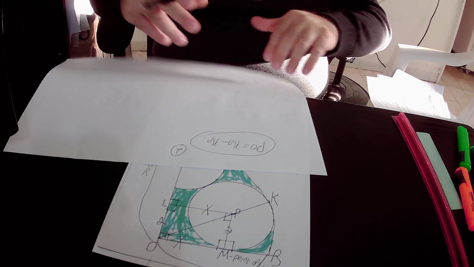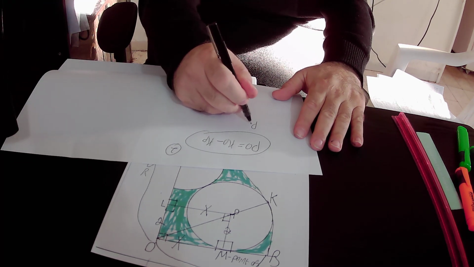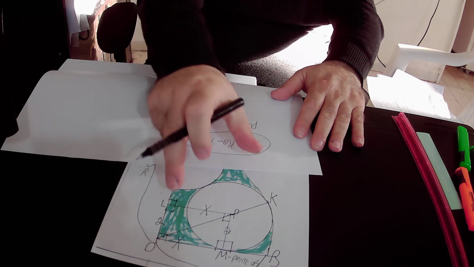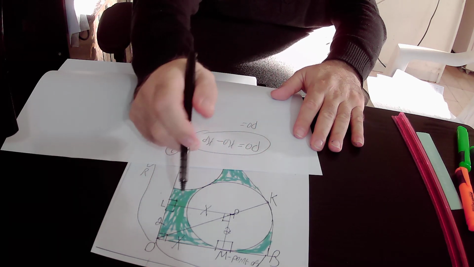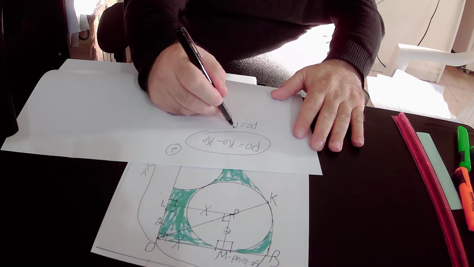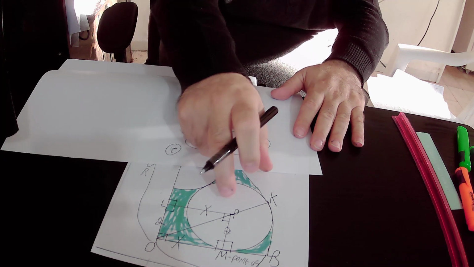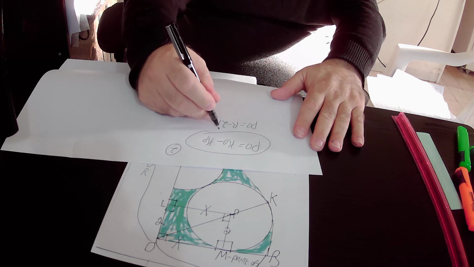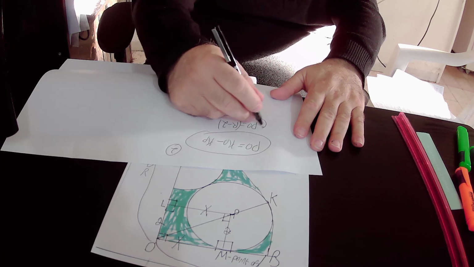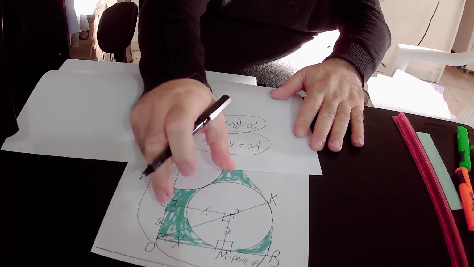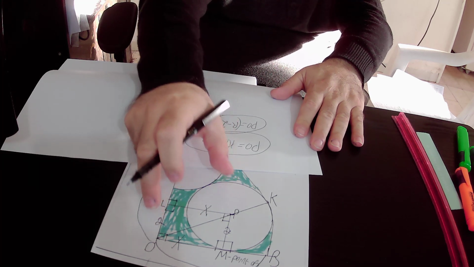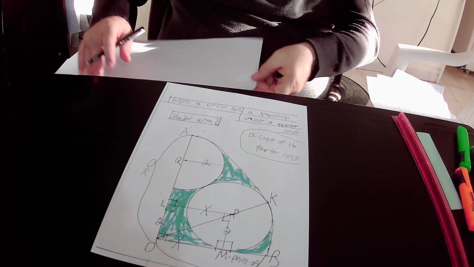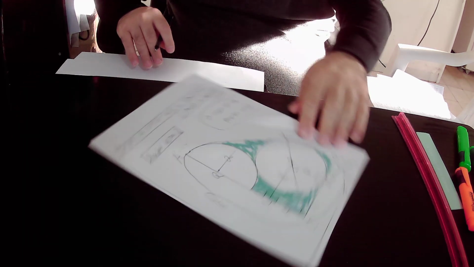So PO equals KO. KO is the radius of the quarter circle that is equal to capital R, minus PK. PK is the radius of the circle that is equal to 2. So in conclusion, we found out that the length of line segment PO equals capital R minus 2. So I write it down here that PO equals